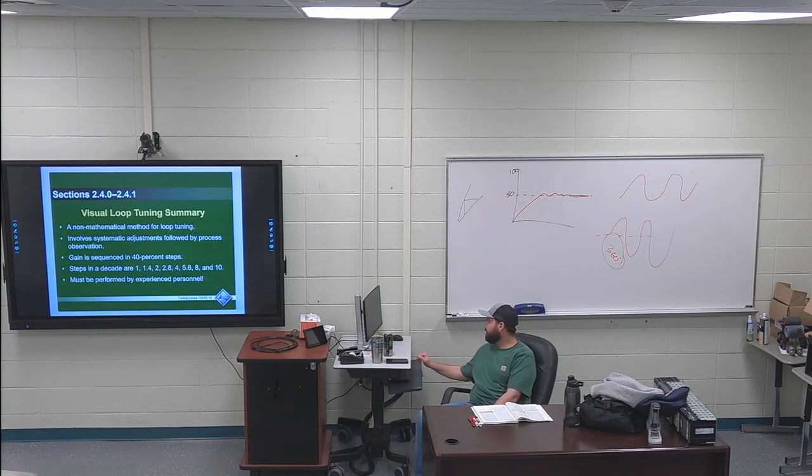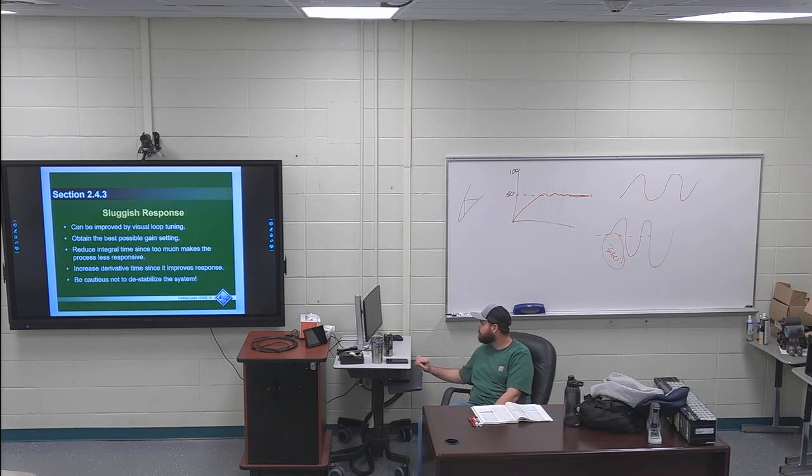Page 20, 2.4.3. Sluggish response. First sentence of 2.4.3 is highlighted. Two conditions that usually exist in a loop that is experiencing sluggish response are lack of derivative action and a long integral time relative to the process response time. Page 21, all the way on the right hand side of the page, it's this second paragraph,